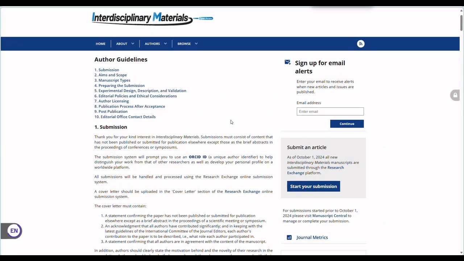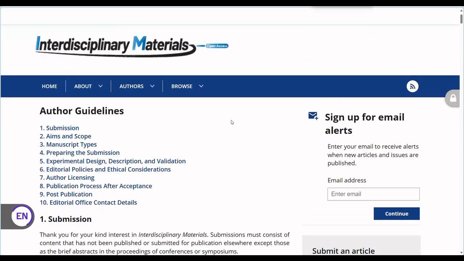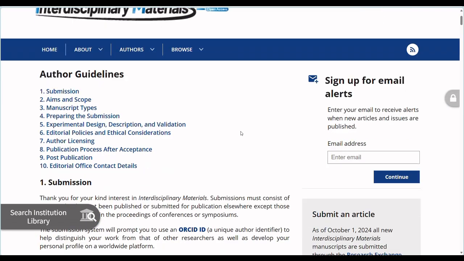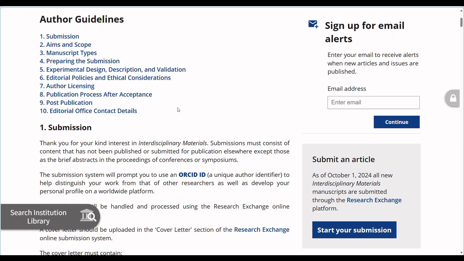Let me increase the font size. Now this is the author's guideline. Of course, we have the submission, aim and scope, manuscript types, preparing the submission, experimental design, description and validation, and all that.